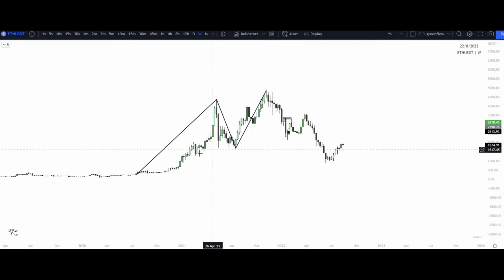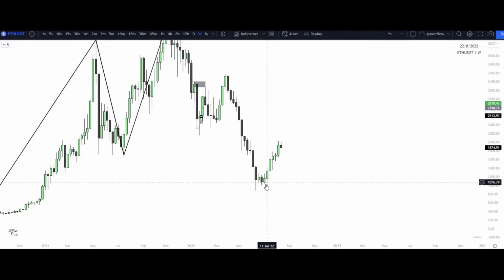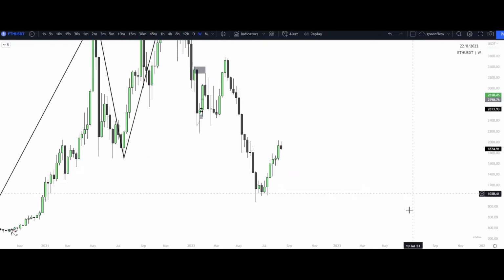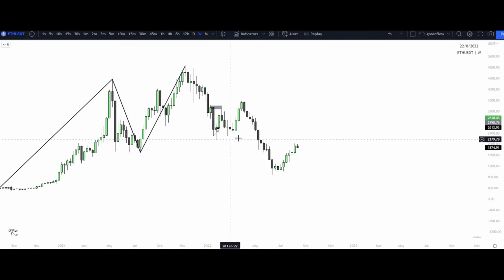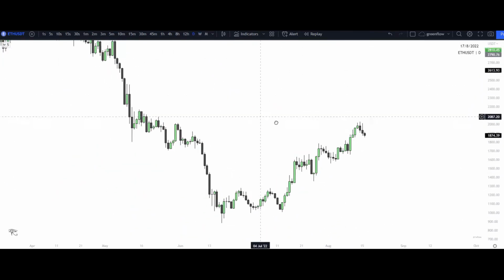Similar story. We had a breakdown of these lows right here, and then we saw this high and the low created, and then we saw that move to the upside following, right? So our breakdown occurred, displacement occurred, area of supply higher within this range, from this range breakdown over here, and then we saw that high, low created, then the break of structure, and then we started to see price move to the upside. So let's go to the daily now.